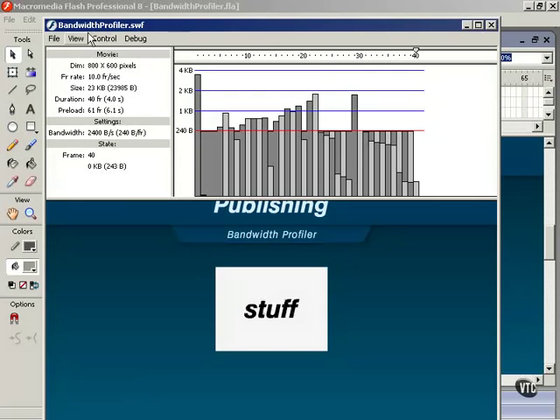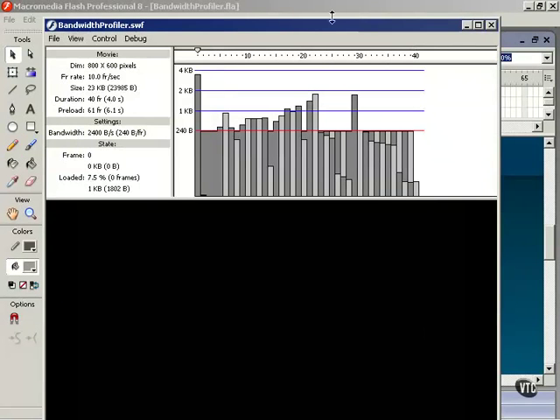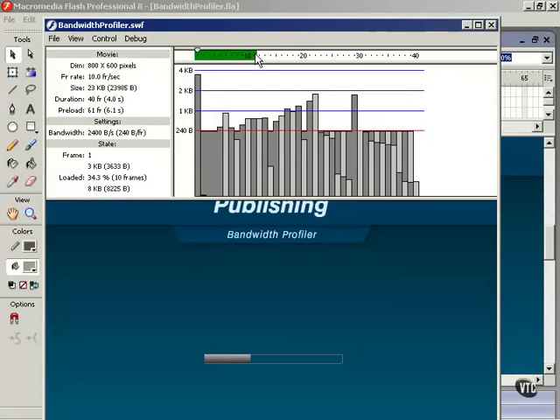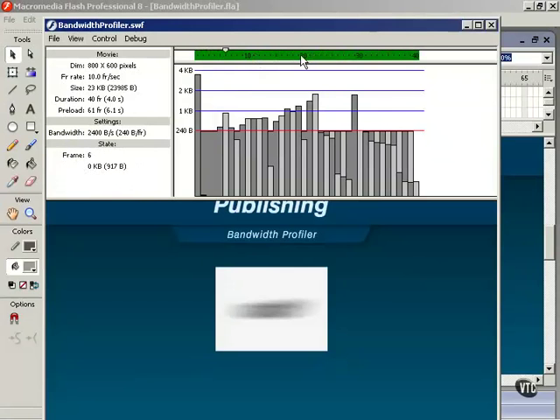When we simulate a download, the green area shows the frames that have been downloaded so far. We can drag the playhead around just like we can in the timeline to see which parts of the timeline correspond to which parts of the graph below. And this graph shows us a graphical representation of the data that's being downloaded in each frame. And this is really handy because you can immediately identify problem frames, frames that spike or contain more information than